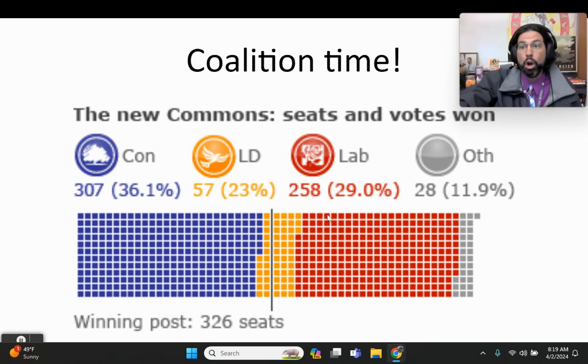You've got to go around to other parties and try to get that 50%. So in 2010, the Conservatives had 36%. Liberal Democrats had 23%, Labor had 29%, and a bunch of the smaller parties had almost 12%. So what the Conservatives did is they came over and offered the Liberal Democrats some. Labor did the same thing. And eventually, the Liberal Democrats said, you know what? We're going to get our policies passed more likely if we side with the Conservatives, thus putting them over 50%. And eventually in 2010, they win the House of Commons and control the British government. And that is called a coalition.